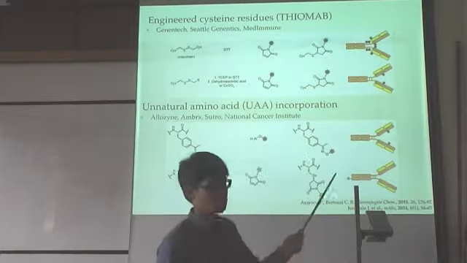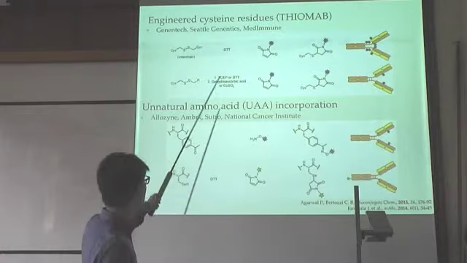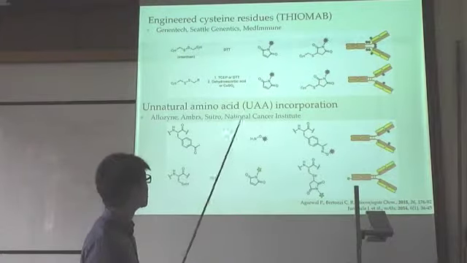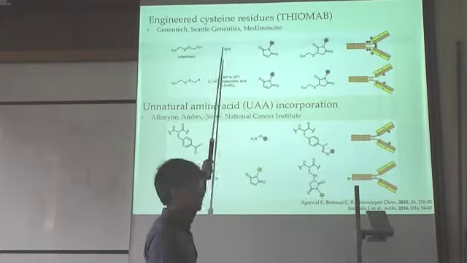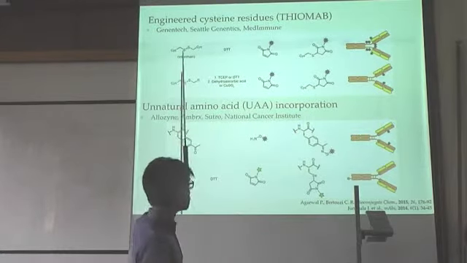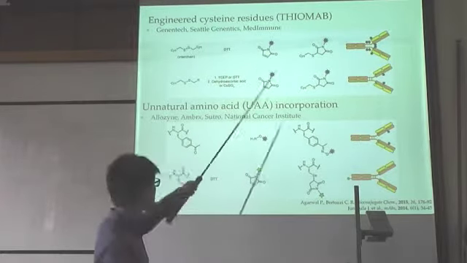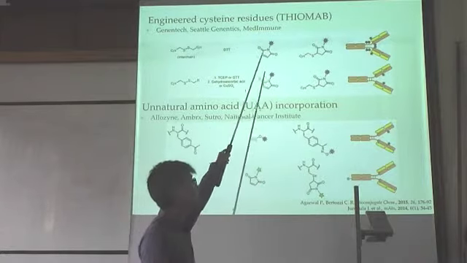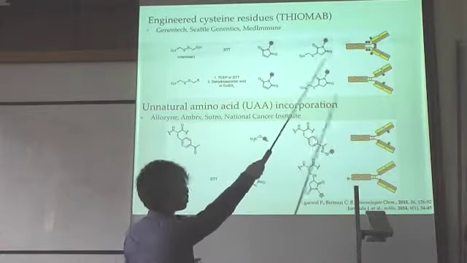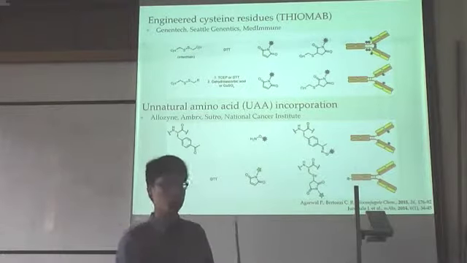So, a classical method for this sort of conjugation is to use cysteine chemistry. Cysteine normally exists as a disulfide bond, and what you can do is treat your whole antibody with DTT, which reduces your antibody to give free sulfur. DTT would reduce the disulfide linkages, and then when you react it with your maleimide, it would do a 1,4 Michael addition reaction to put 8 of your cytotoxic drugs onto your antibody. 8. Still not perfect. We want to put 2 or 1.